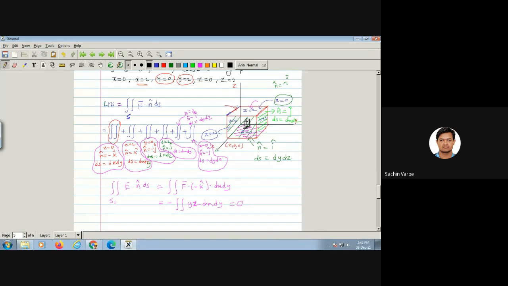So here the starting point is the origin. What are the limits at the origin? X, Y, Z equal to 0, 0, 0. And what is the end point so that the strip will be covered? When we move from this origin, immediately that strip will be at this height. So Z varies from 0 to 2, and similarly its width, y varies from 0 to 2, and x varies from 0 to 2. That is why the limits are from 0 to 2.